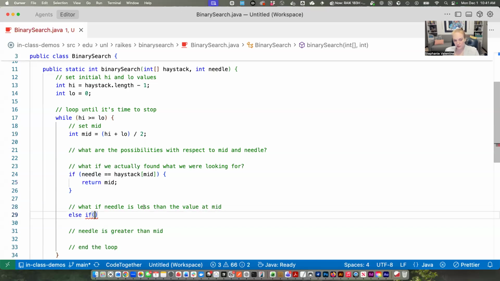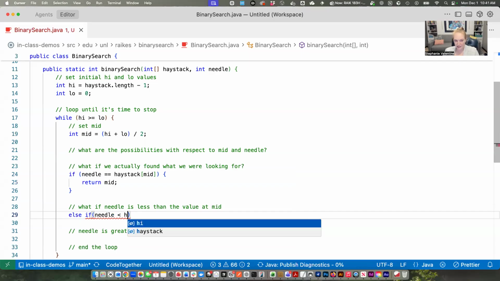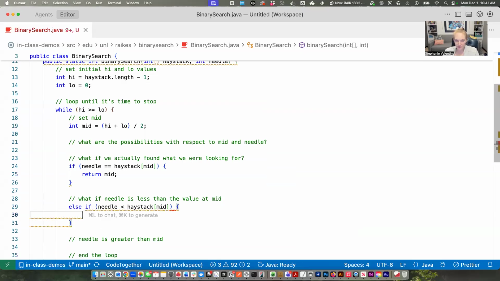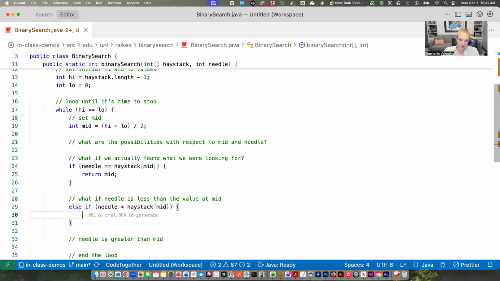So here we can just replicate what we did up here. If needle is less than our value at index mid, then now what? Okay, so if the needle is less than haystack at mid, this means that we are moving to